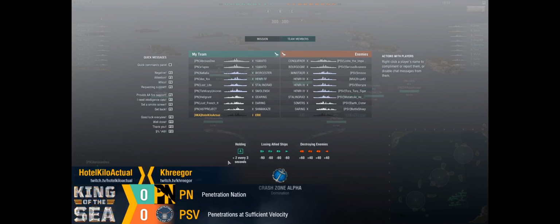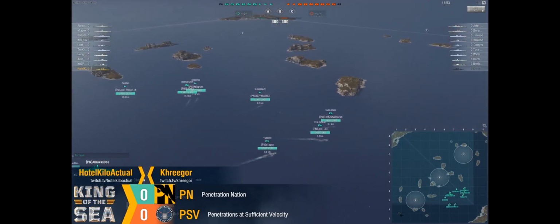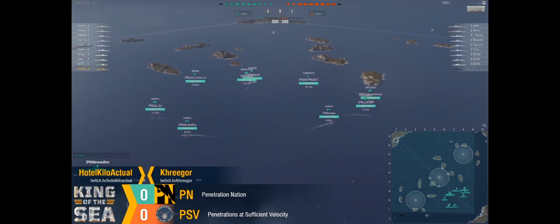PSV getting a little extra spicy, bringing in the Conqueror, backed up with a Minotaur to help complete the French connection. Triple Henri, sorry, the triple Henri to finish it. A Minotaur to go with the Conqueror, so keeping the theme there. And oddball, Stalingrad, Summers, and Daring. All right. I'm sure somebody out there's like, lol, he called a UK ship French. Well, you know what? The thing runs and hides a lot, so...